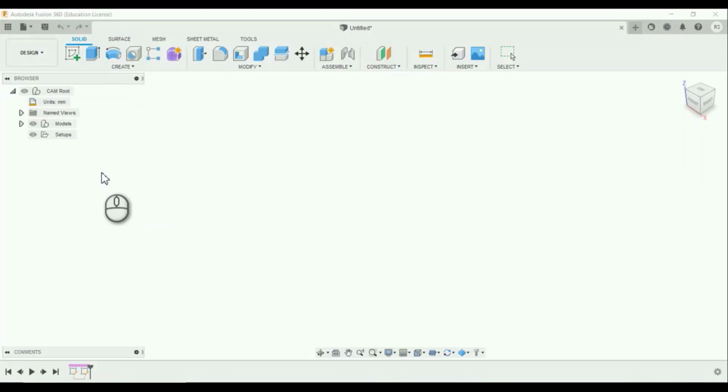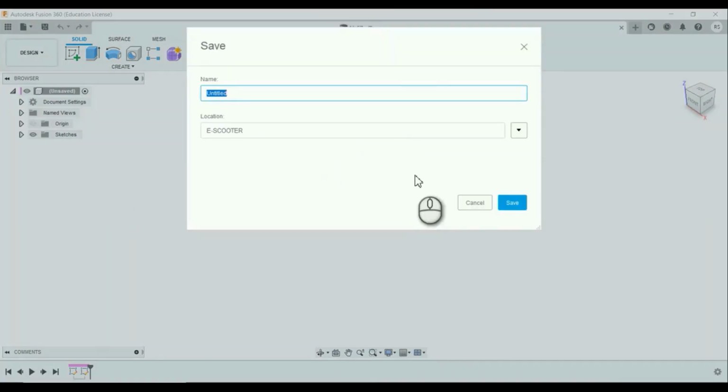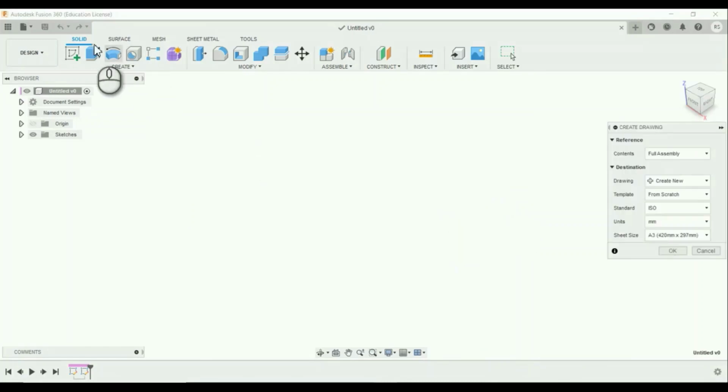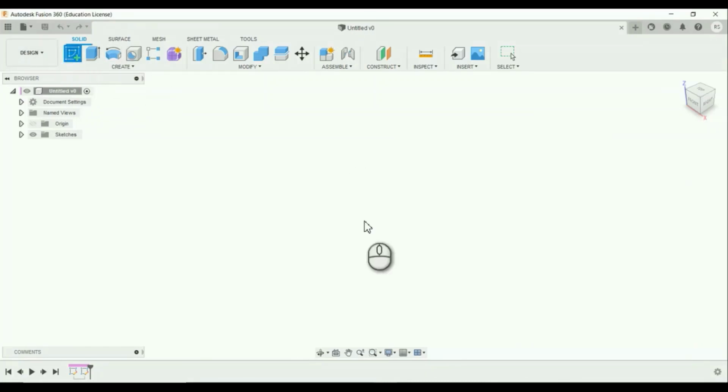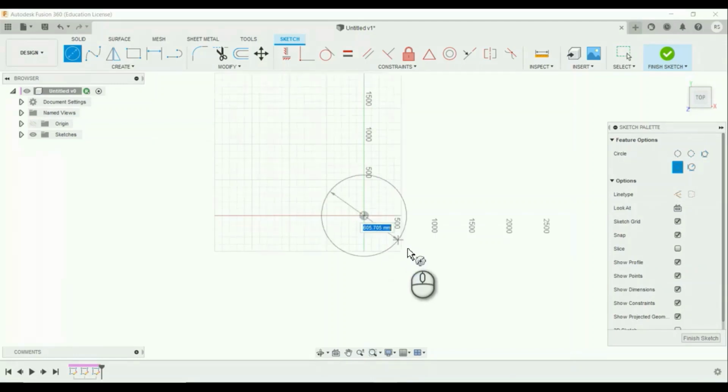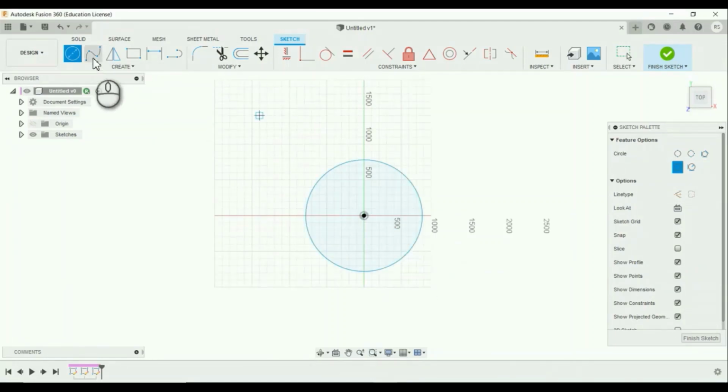After that, another workspace is drawing workspace. Click from draw design. After that, you have to save the file and then create a sample sketch. Go to 2D sketching and then select the plane you want and then click that and then start sketching. After that, draw circle and then draw another circle.